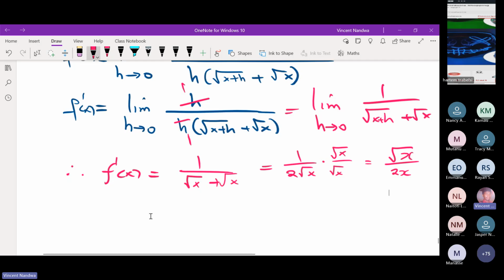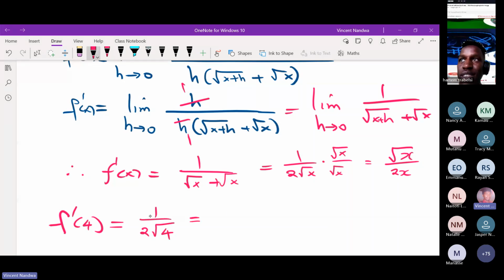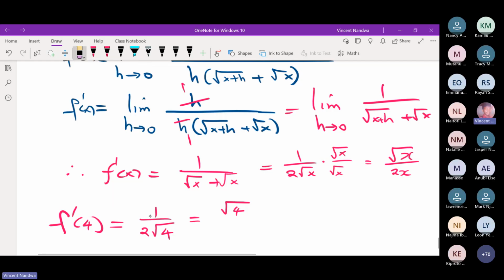So f prime at 4 will be 1 over 2 root 4. So what is the square root of 4? 2. So 2 times 2 is 4. So this will be 4. Check that also: when you say square root of 4 over 2 times 4, you'll still get a quarter. Is it true? Yes. So this is the derivative at the point x equals 4,